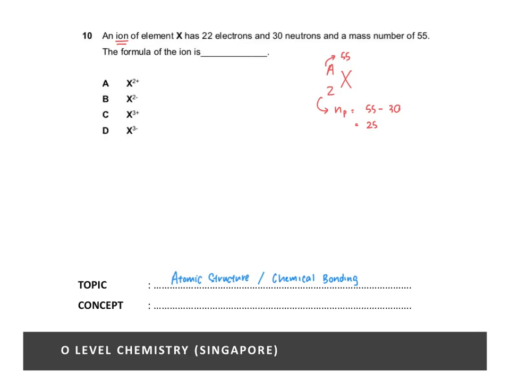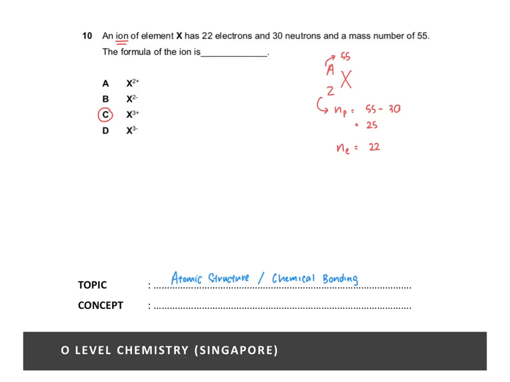And in a neutral atom, the number of protons would be equal to the number of electrons. Since this is an ion, they tell you that the number of electrons is only 22. So what it means is that this ion was formed when the atom loses 3 electrons. When an atom loses 3 electrons, it would acquire a charge of 3+, and the answer would